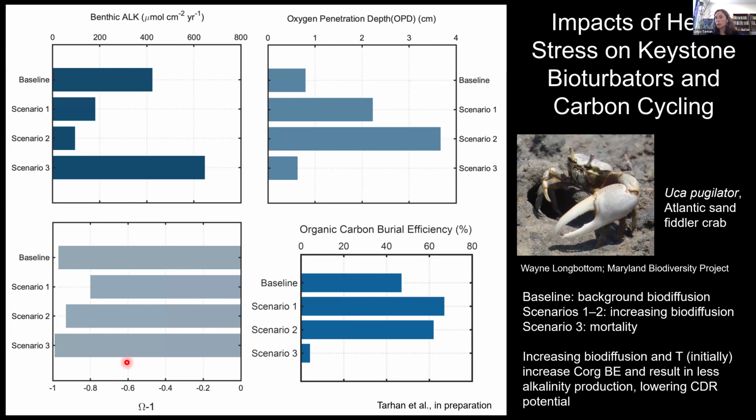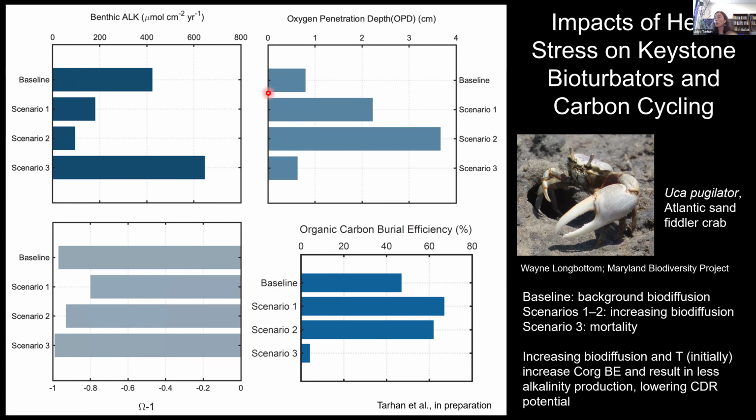So what we've been doing over the past few months, working with Moji Fakhri and others at Yale, as well as Tom Bianchi at University of Florida, is implementing a bioturbation perspective into this same diagenetic model. And in particular, thinking about the impacts of warming on keystone bioturbators like Uca pugilator, the Atlantic sand fiddler crab, which is of course an important bioturbating species in a number of systems, including tropical mangrove environments, and what the impact of warming and thus shifts in the level of activity of organisms like Uca might mean for carbon storage potential in these systems.